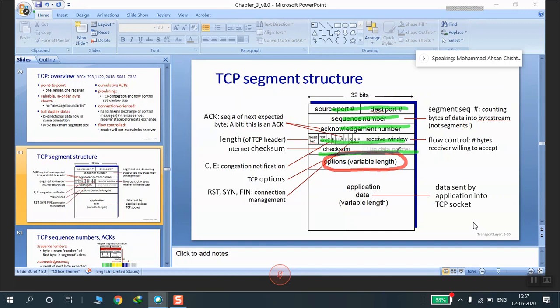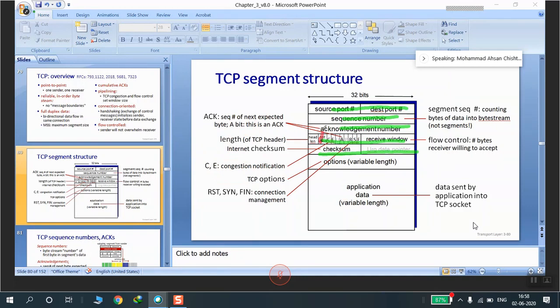This means that the options field here can have a size of 40 bytes, plus the 20 of the remaining here makes it a maximum of 60 bytes. But typically, if the question is asked, what is the size of the TCP header? Keep in mind it is 20. And what is the size of the UDP header? It is 8 bytes.